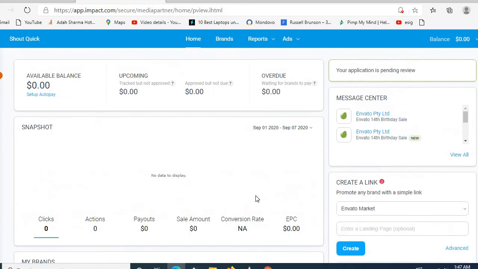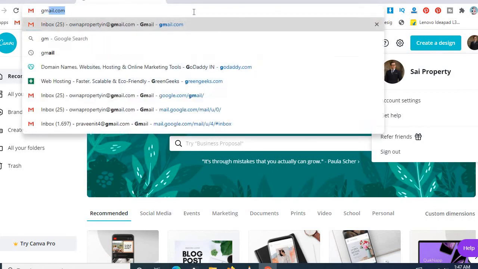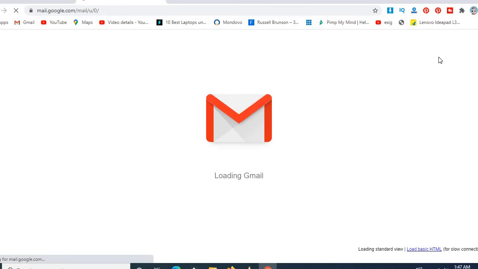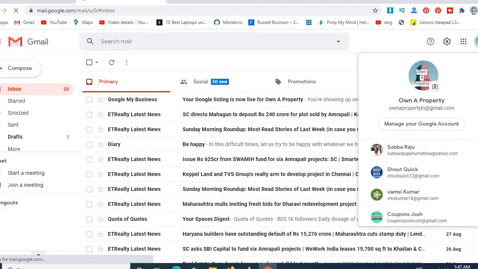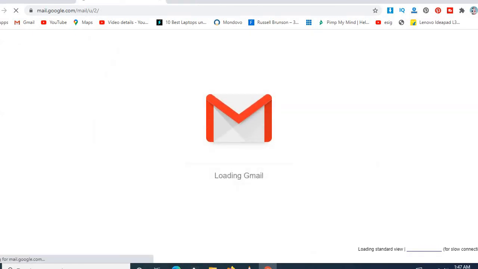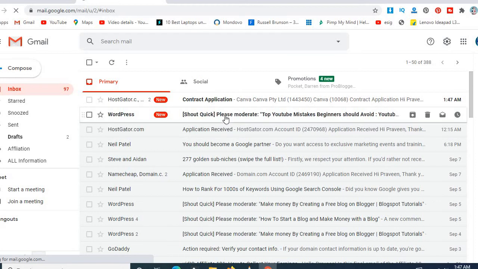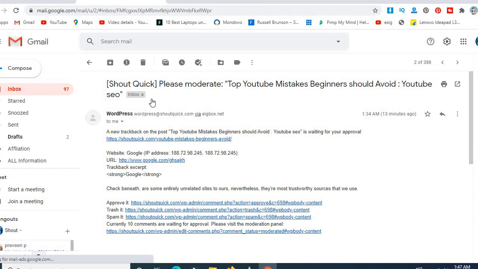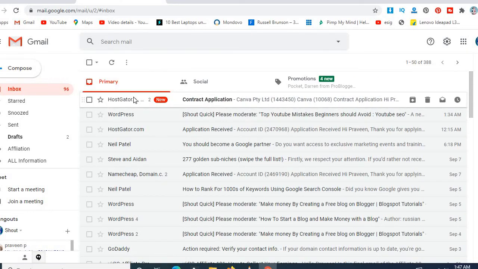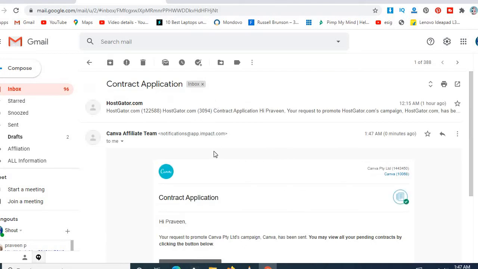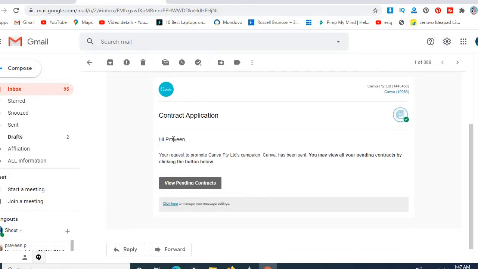Let me check my email on how to activate the account. I got a mail from Canva about the contract application.